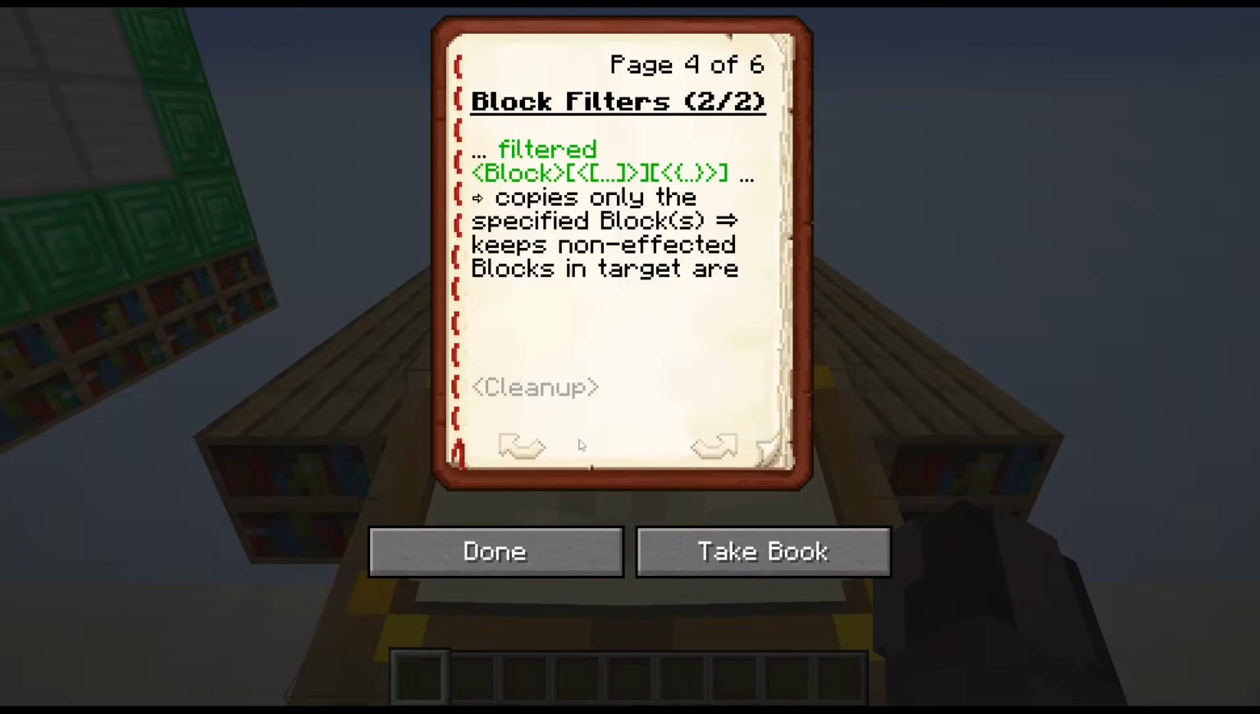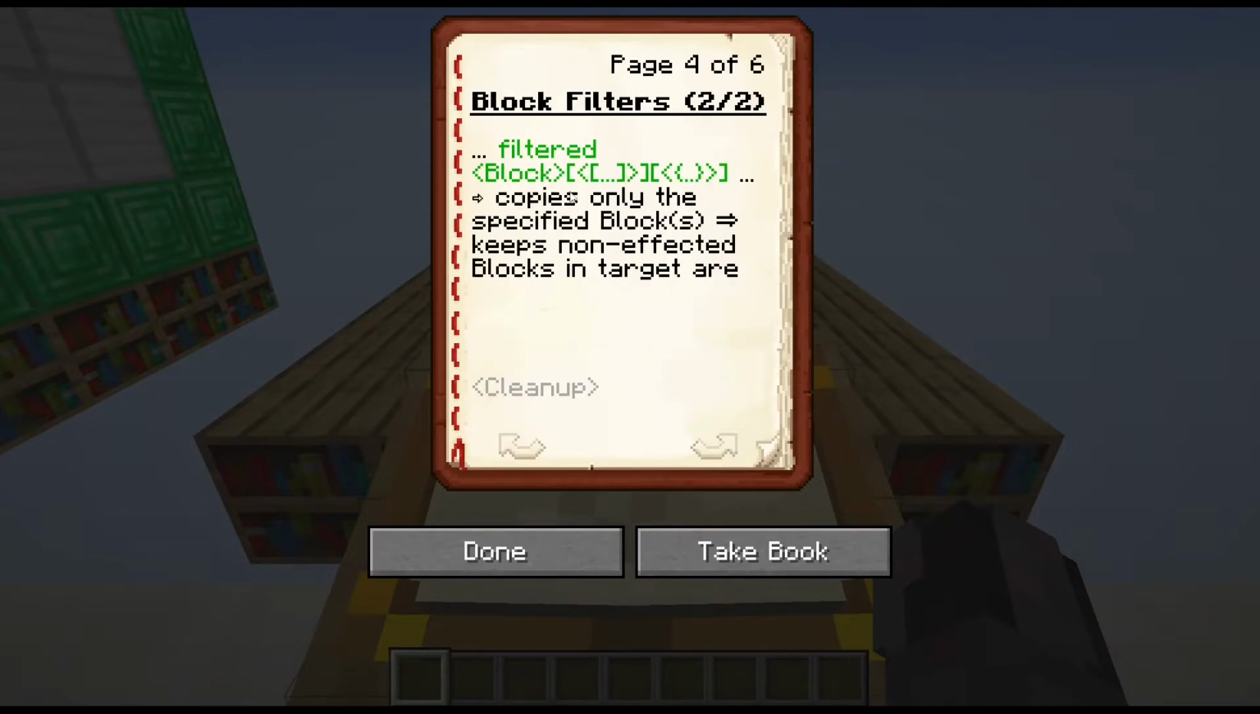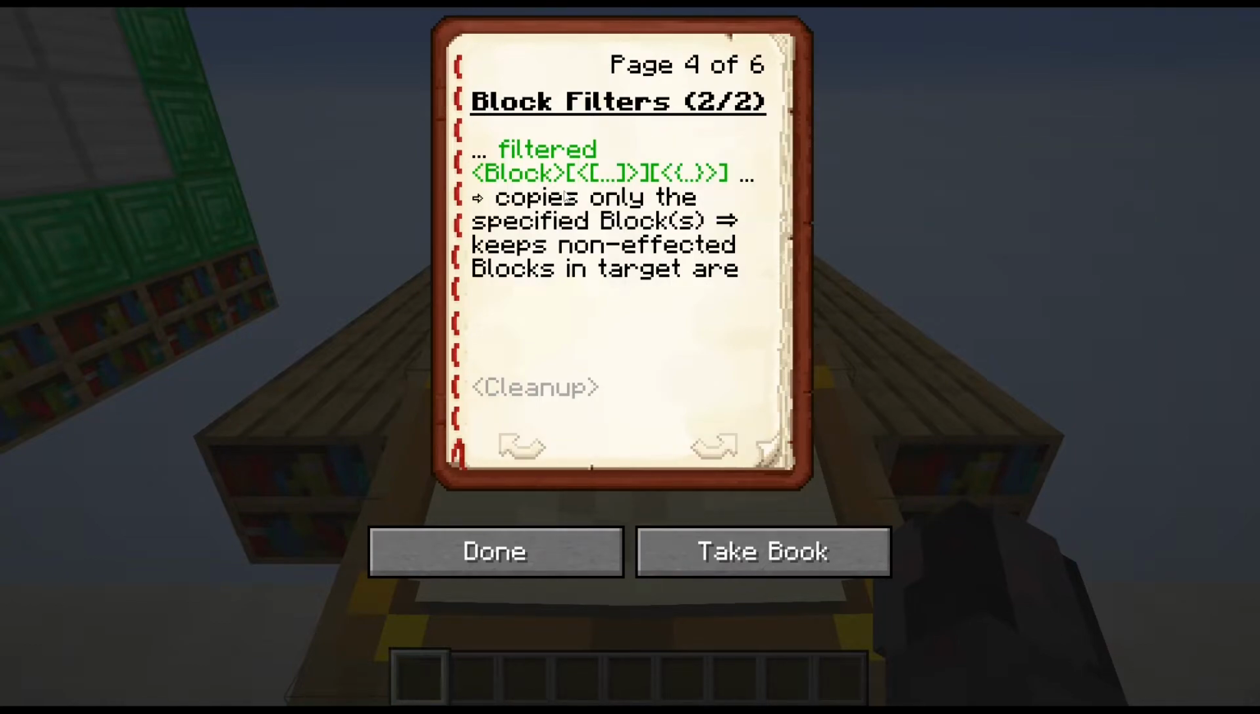Basically, this is similar to before with the masked, which copied everything except air, insofar that this will only copy the specified blocks. You can use tag lists as far as I know here, but it will only copy over those, for example, all slabs or mineable X or whatever. All other blocks will not be copied over, and the target space for those other blocks will also not be